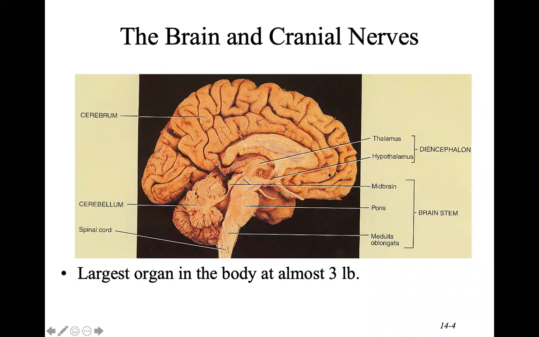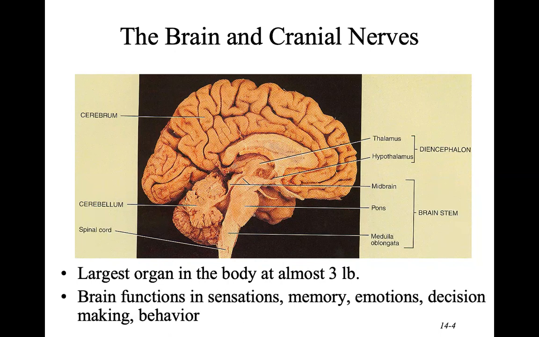The brain is a pretty large organ, weighs about 3 pounds. And the brain serves many different functions, sensations. It's a main processor of information. It's involved in memory, your emotions, your decision-making, your behavior. So for example, if we were to look at the frontal lobe of the brain, the frontal lobe is designed to inhibit activity, meaning